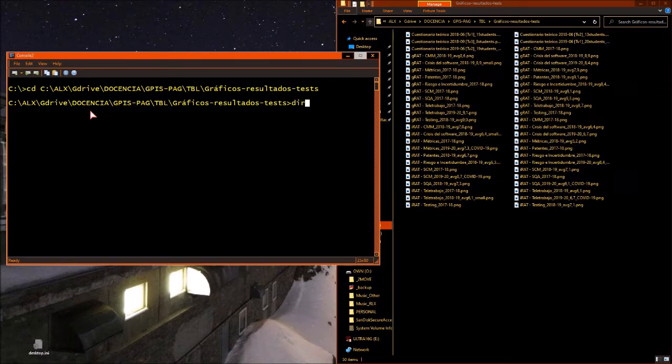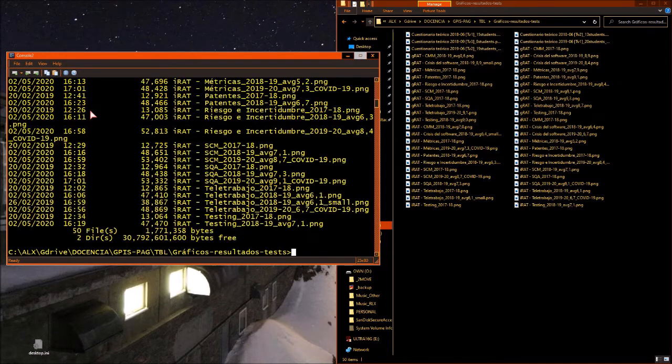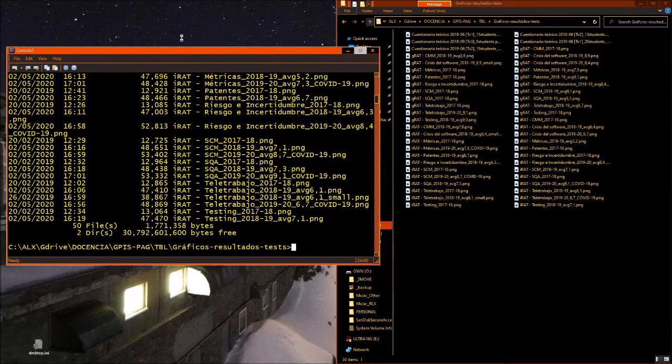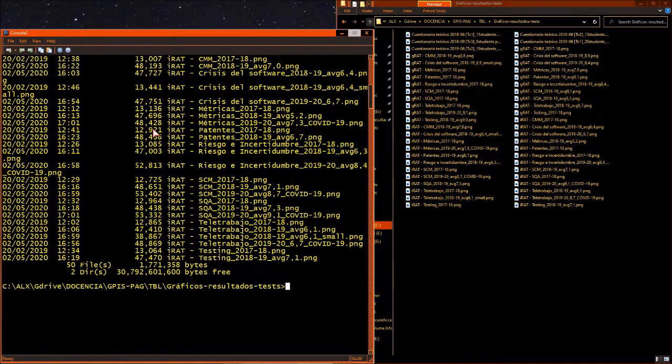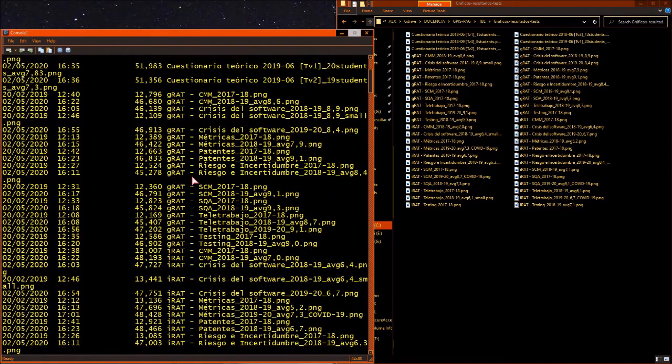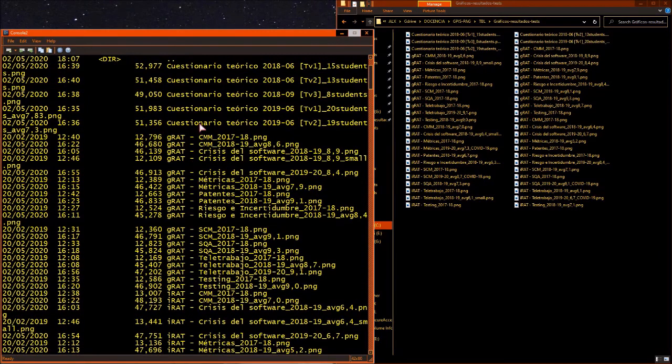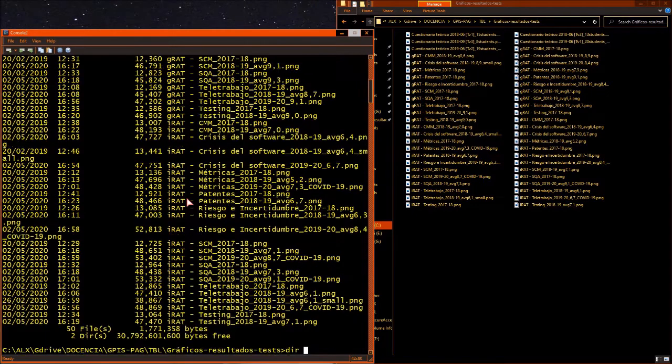Now I'm going to execute a dir command, a directory command that shows us the contents of this directory. Now I want to convert this dir command into a list. In the dir command, I see all the files, the JRATs, some that say questionario teórico, JRATs and IRATs, but I only want the IRATs.